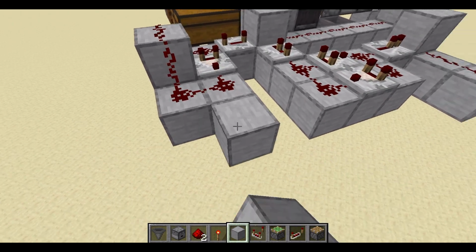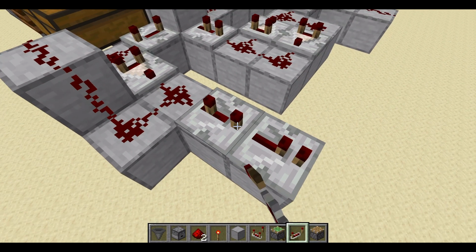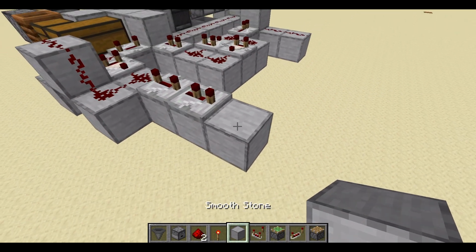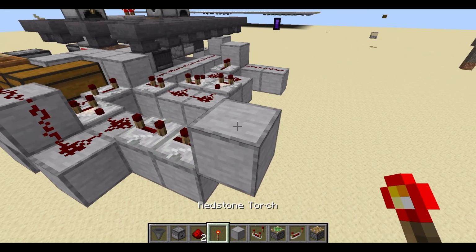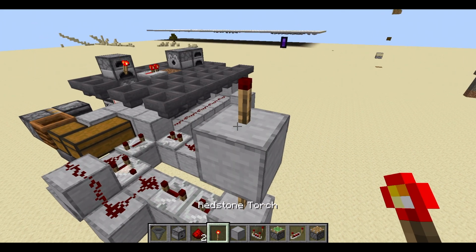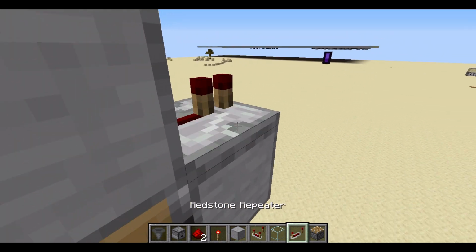So if I get some blocks here like that, and we're going to get lots of delay here, so 4 ticks here and 2 ticks here, a block here, well that's a temp block, then you can break the temp block if you want to, and a block up here, then a redstone torch, block up here, another redstone torch here. Now onto this side, so first we need to place a block here, a repeater on 2 ticks like that,